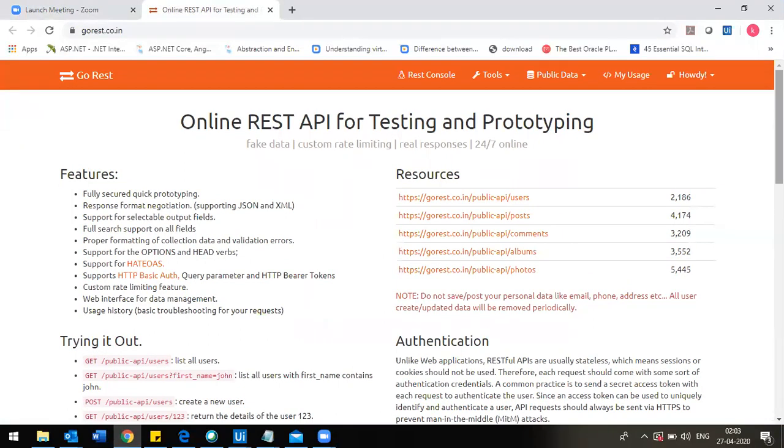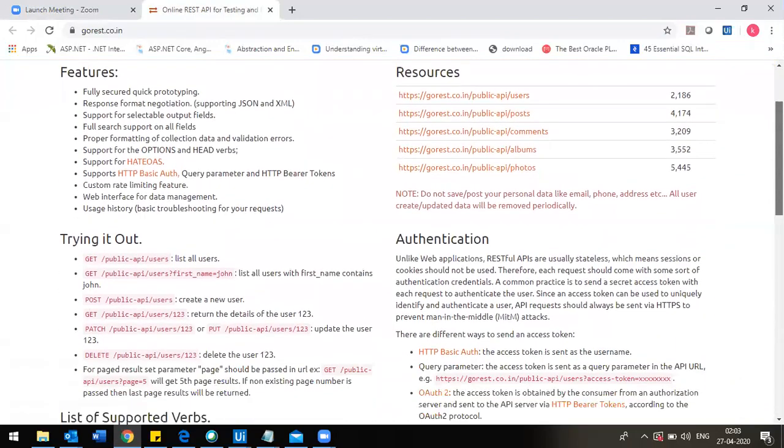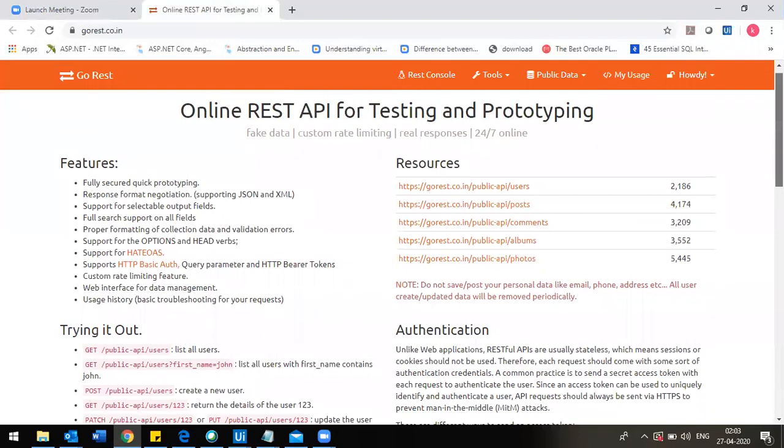It's all freeware, so you can use these APIs without having any issues. These are the free versions that are available on the website. You see here, this is one resource. To get all the resources, there is a users API, and to get all the posts, there's a posts API, and all the comments. If you use this, you will get all kinds of information.